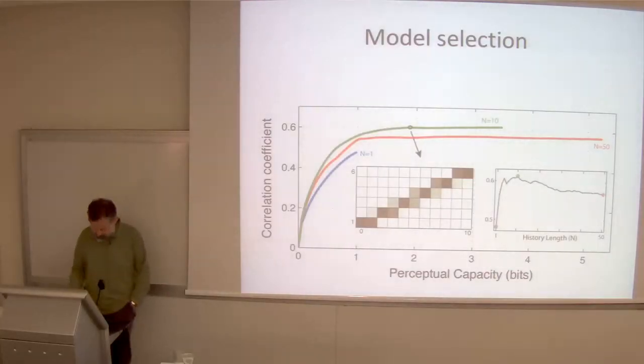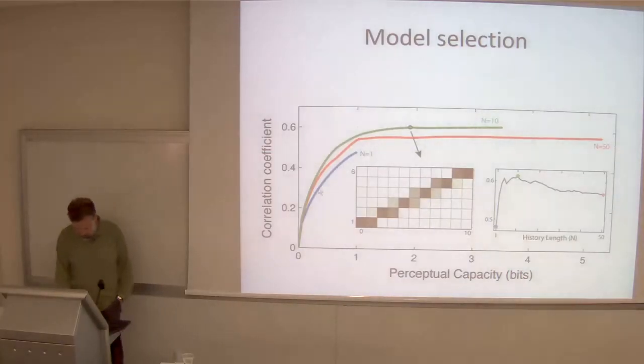This is not very easy because, as you see, the dependence of the correlation coefficient between the responses and the surprise, this is our fit criterion, does not depend very strongly on the parameters of the model. So we know that we cannot go to models that are too short, and we cannot go to models that are too simple, but among models that are long enough and complex enough, we don't have a way of selecting. But what we can calculate is the